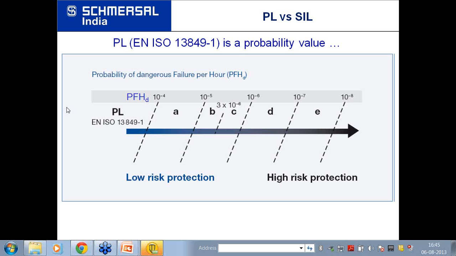And if you talk about the products available in the market, or if you see the parameters given in the standards, they say anything which is more than 100 years is okay. So it is totally a statistical parameter, but a statistical parameter is derived from a real life situation. The statistical parameter is derived so that we can quantify the levels we are talking about, which are there in the standards.